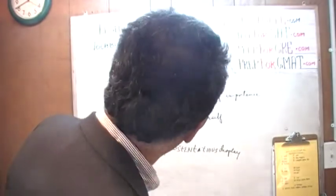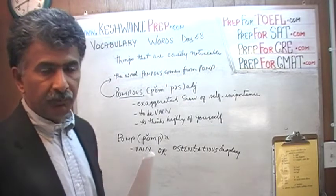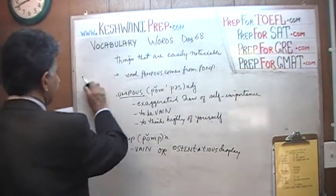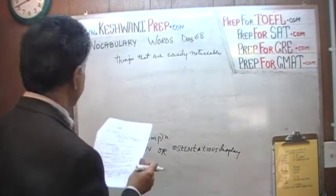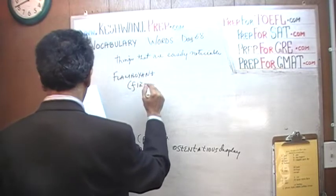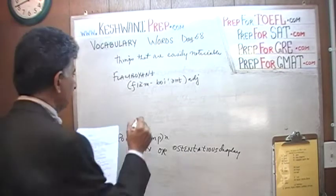Let's do one more. The word was pomp, and from the word pomp we have the word pompous. Pomp means vain or ostentatious display of your belongings, of your wealth, of your possessions, if you like. Whatever it might be. It could be a necklace or a handbag or a car or whatever it is. Flamboyant. Again, it's an adjective, flamboyant, which means something that is easily noticeable